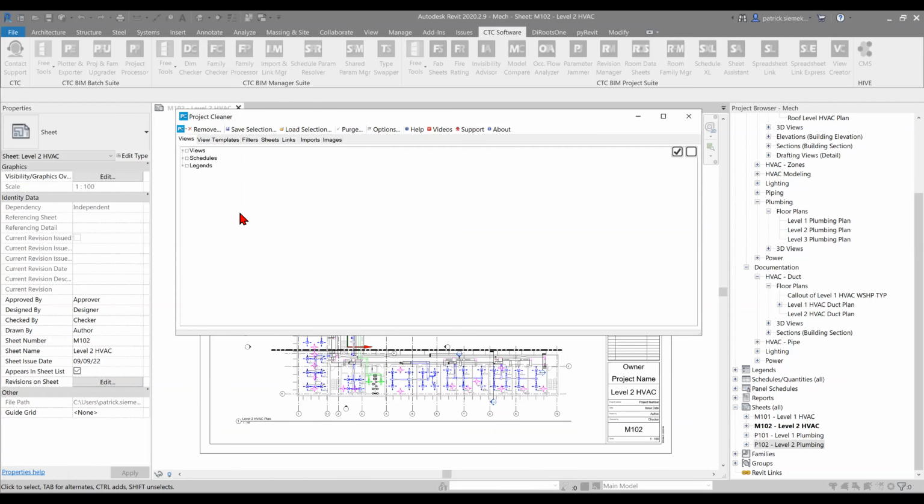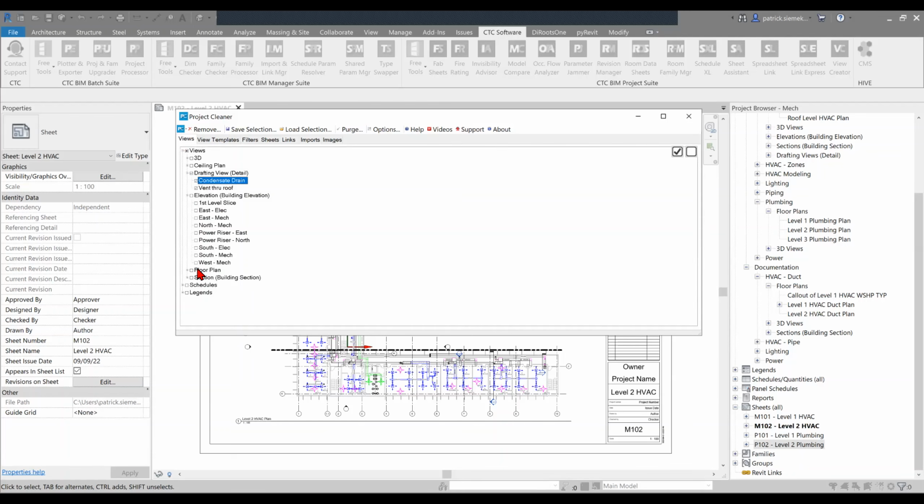A lot of the views maybe you're not going to be using. As we expand views, we can start to see what views we want to remove. I can start expanding, say, drafting views. As an example here, we have 2 different drafting views available for us. We could check those on. There may be some background views that you do want to keep as, say, underlay, but with other types of views, maybe the elevations, none of these elevations that you want to have, so I could always uncheck those views